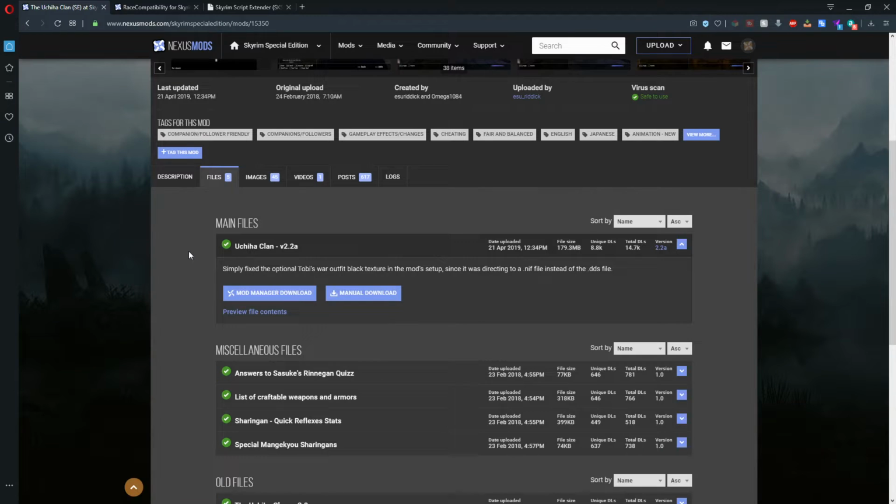Alright, so we are back over at the Uchiha Clan mod page. The latest version is going to be version 2.2a. This was last uploaded and updated last year, April 21st. The status of this mod is done. It's complete. I believe the only thing that's really looked at this point is if there's any